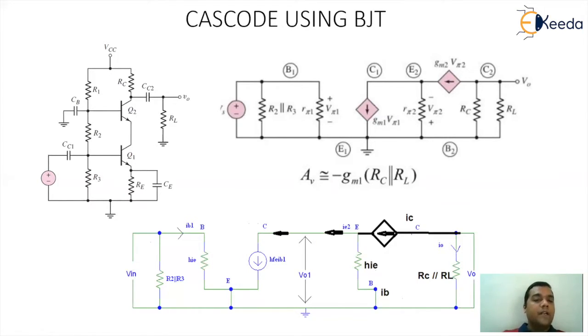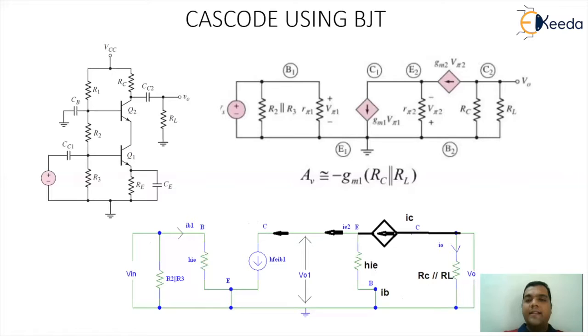And for the top transistor circuitry, you can see it will be input to emitter and output from collector. So at the collector end, we are having the coupling capacitor CC2 and then connected a load RL, and you are getting the value as VO. So if you observe, it's a combination of common emitter and common base configuration.